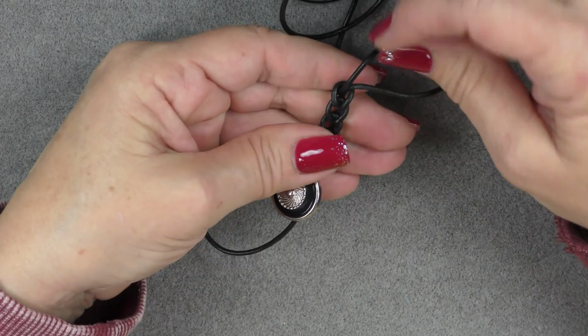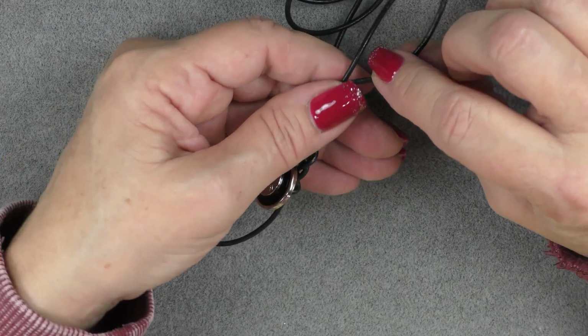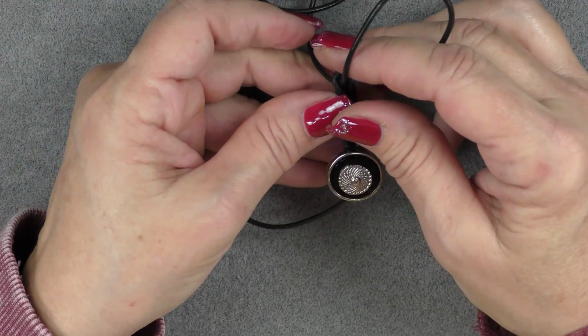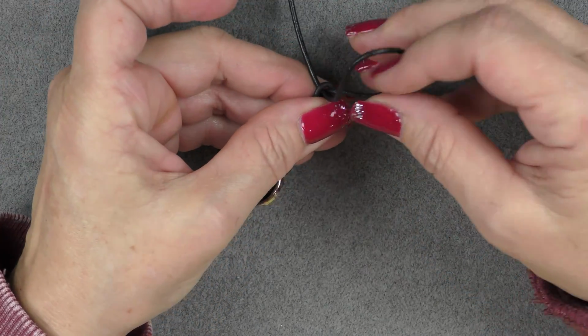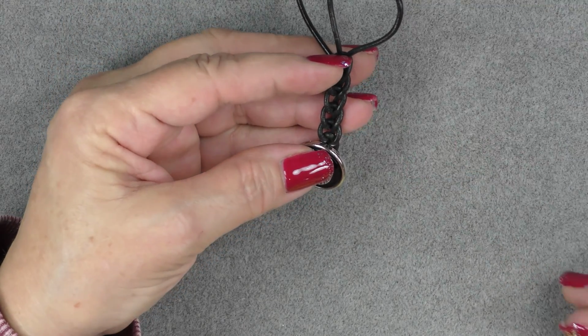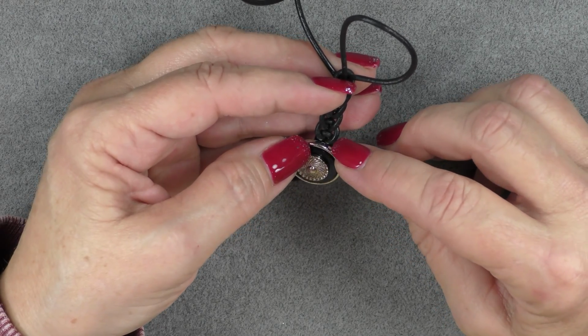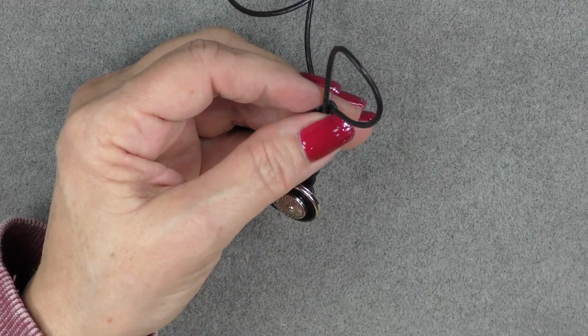So that's just, you want to make sure they're parallel, but they can look parallel and still be twisted. So if you've been pulling consistently on one side and then reducing your knot on the other side, and suddenly you're not, you know that you need to turn your leather a little bit and reposition it. So this is what this should look like. So now I've got, let's see, 1, 2, 3, 4, 5. I'm going to do 6